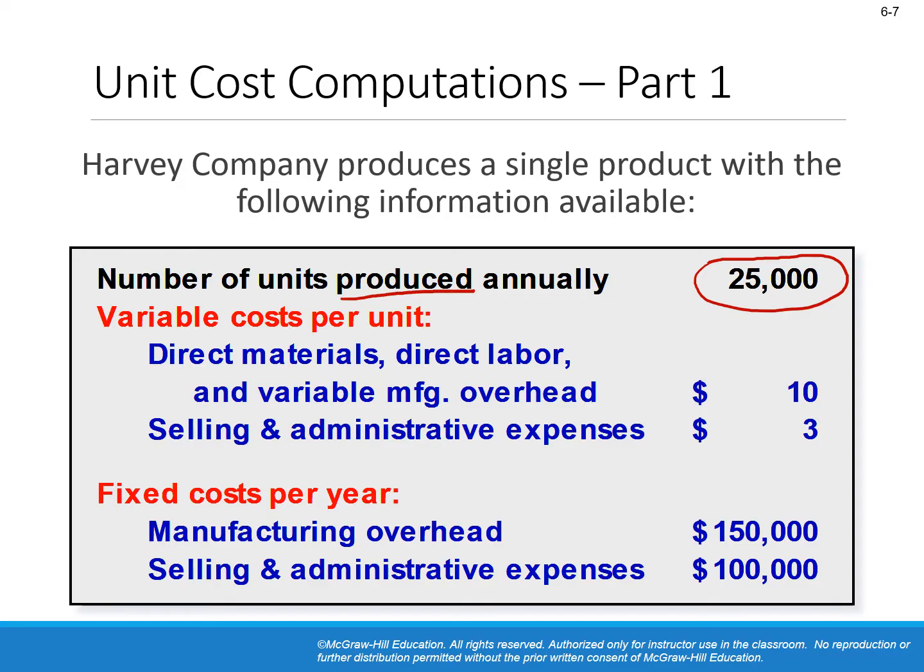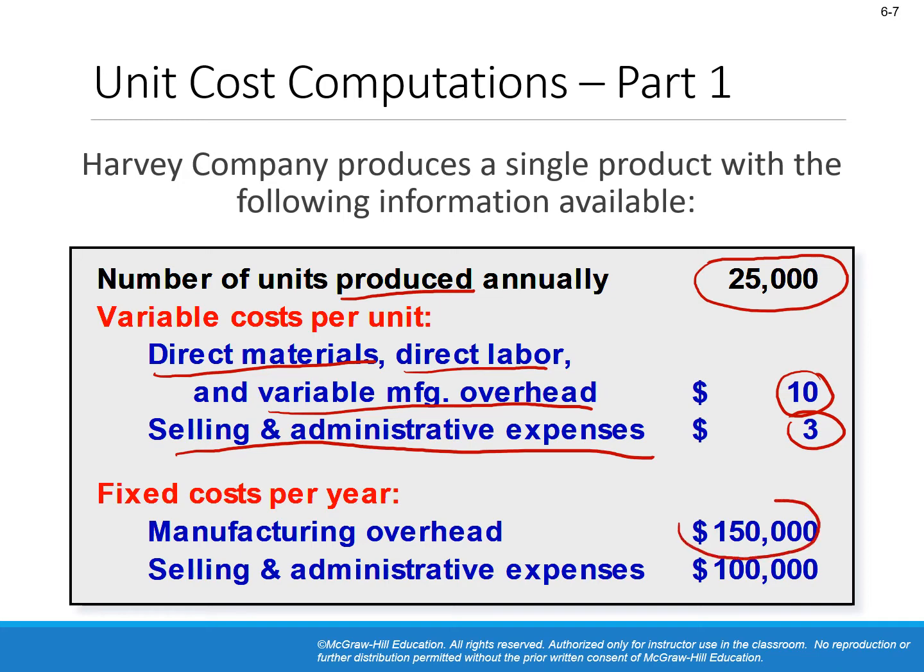Variable cost per unit, they told us that the given says direct material, direct labor, and variable manufacturing overhead is $10. Variable selling and admin expenses is $3. As for the fixed costs per year, fixed manufacturing overhead is $150,000, and fixed selling and admin expenses is $100,000. So now if you want to prepare a contribution format income statement, you should have revenue as Q